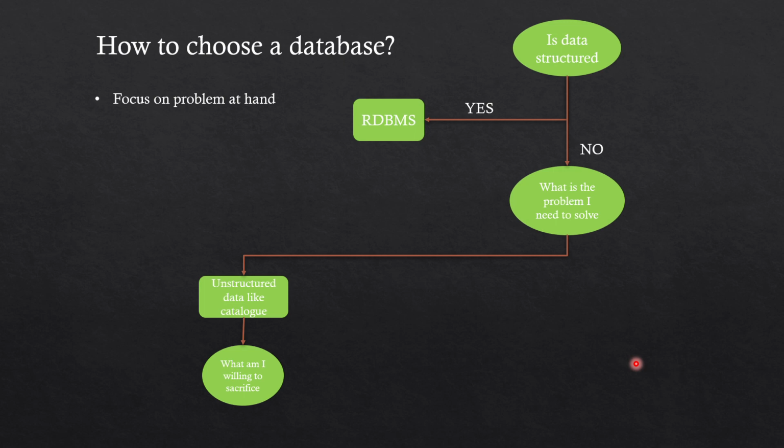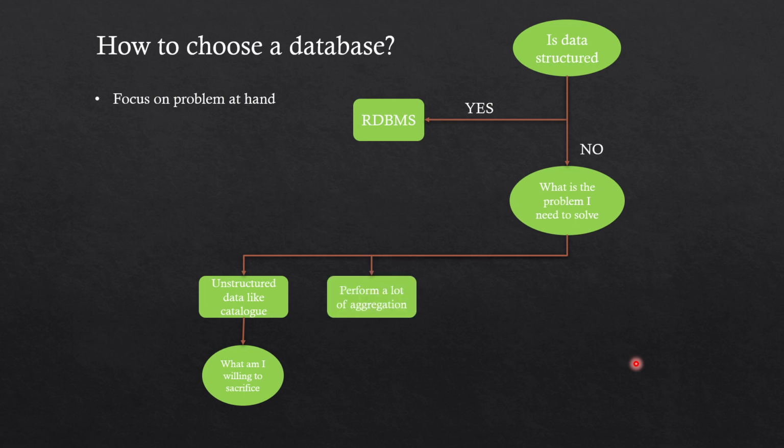But in case you know what is the kind of system you are dealing with, and you know what is the challenge, or what is the one requirement you are willing to sacrifice, that tells a lot about your knowledge of the system. And for the database, you can always do market research and find the name of a database, or there are a lot of organizations that have their inbuilt database which they build internally, because they know which problem they are going to solve with that particular database or with their application.